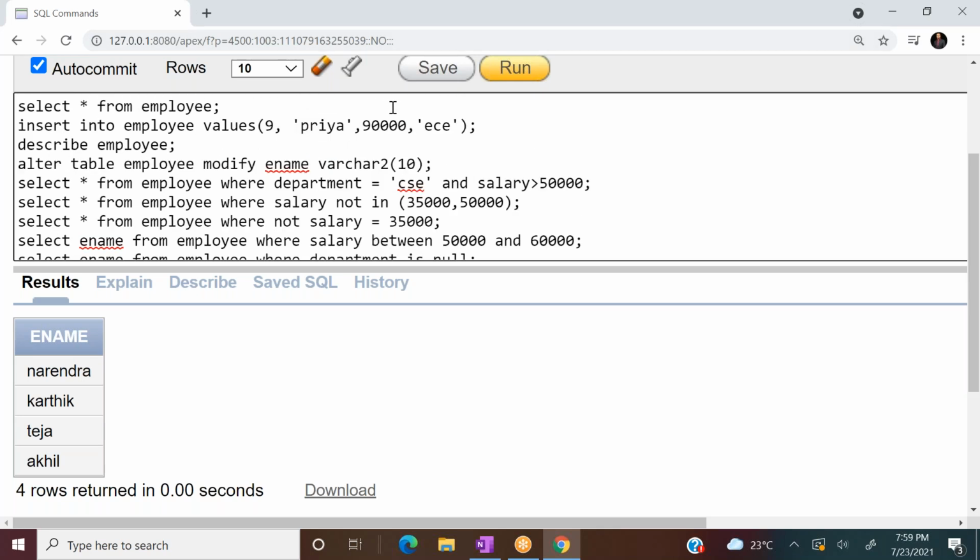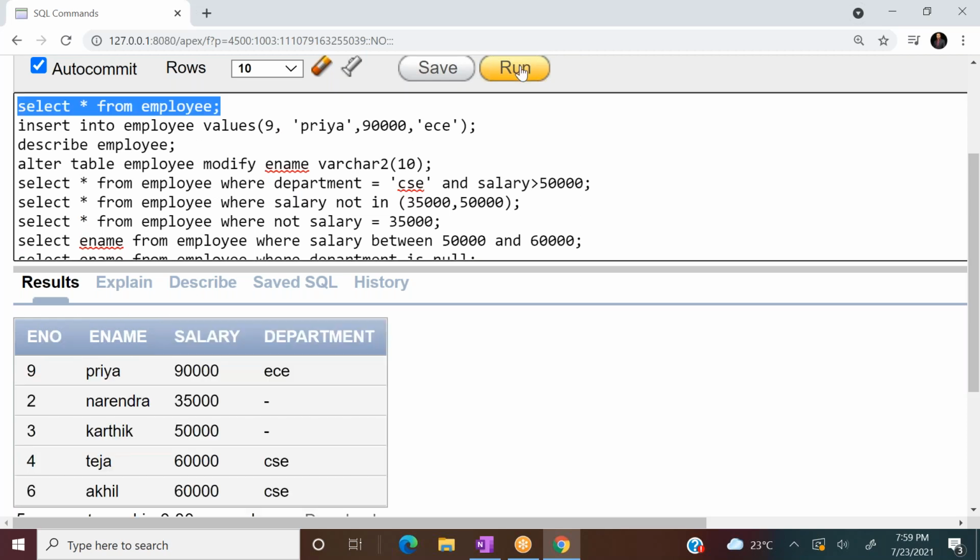Next, just 1 minute. One of the students told me a question that was asked in his placement. Like this kind of table is given, like an employee table, and the student told me that he was asked in a personal interview. The interviewer asked the student: write a query to display all the employees with even roll number. That is a simple question.